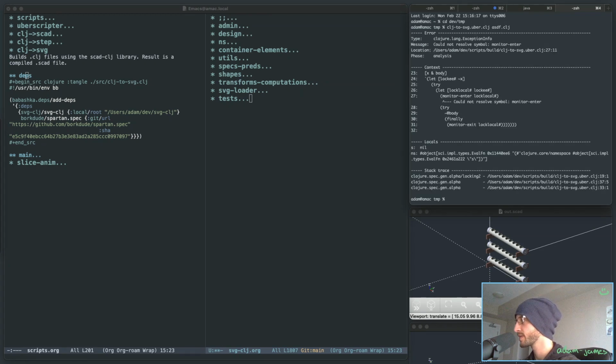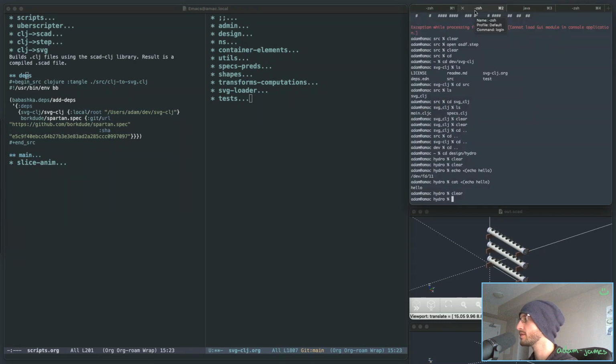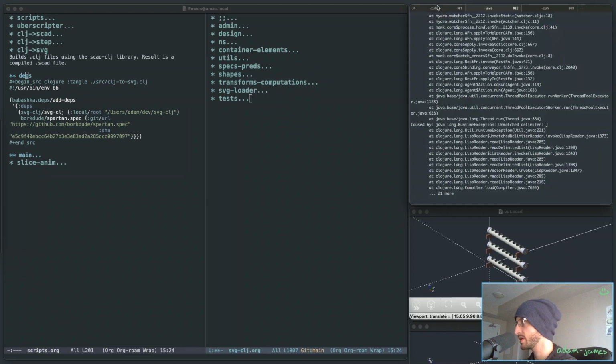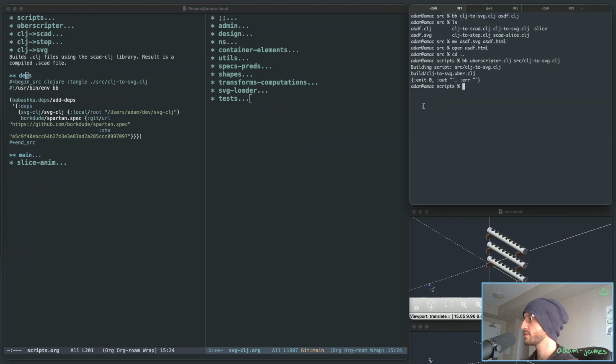Error. This is fascinating to me, and I don't know why it's failing. So let's think about this. Well, okay. Let's exit this one. Don't need it. Okay, so